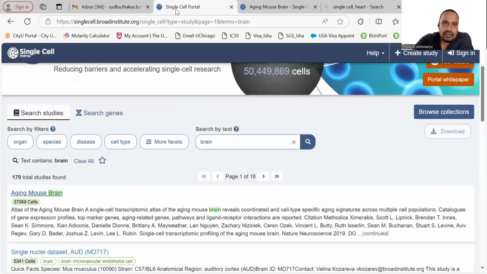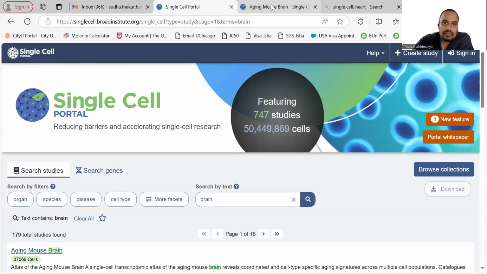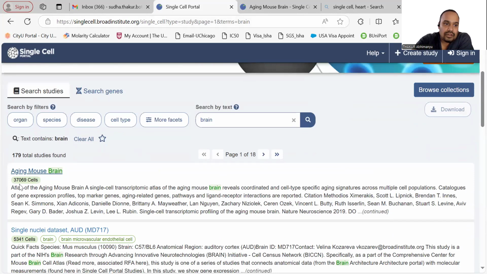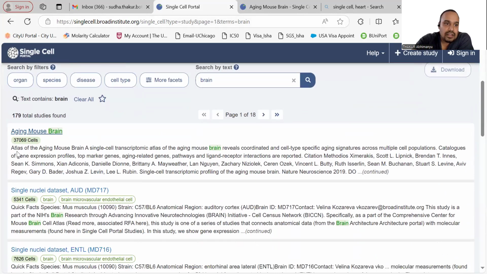So here, this is one of the websites where you can find most of the single cell data, the Single Cell Portal. And here I have selected one dataset of the aging mouse brain. You can see there are around 37,069 single cells. This is an atlas, a single cell transcriptomic atlas of the aging mouse brain that reveals coordinated cell type changes. This data was published in Nature